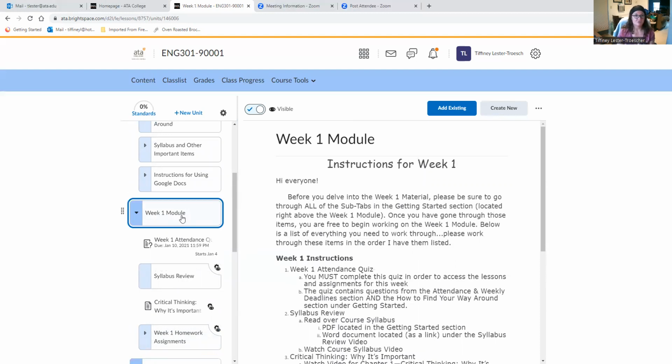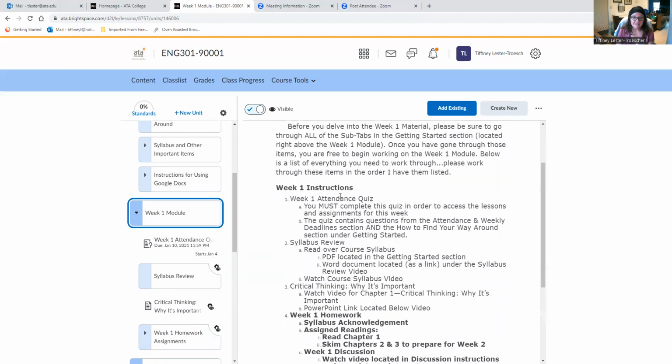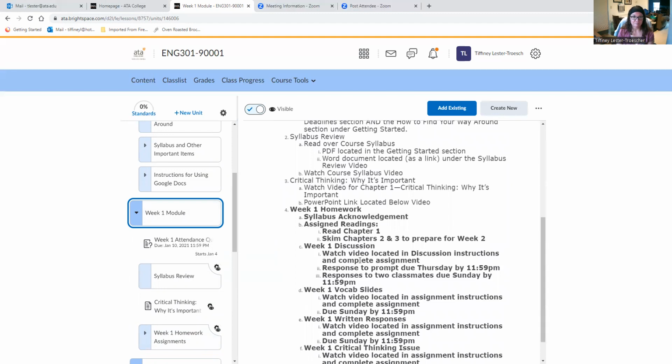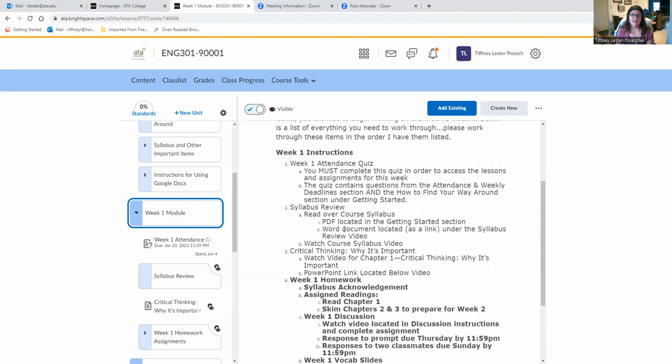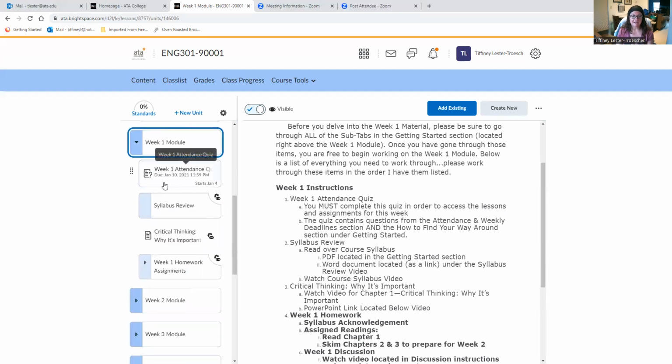So you get the agenda as soon as you log into the course, and you get it as soon as you click on the module for that week. So that's 2 places right away before you even look at anything else. 2 places right away where you can see the lessons and assignments for the week. Okay. You'll also notice that the items listed on the agenda match up exactly with these little sub-tabs here under